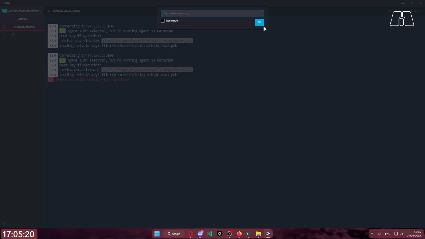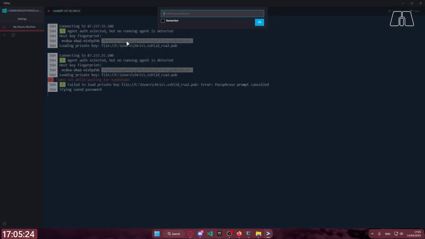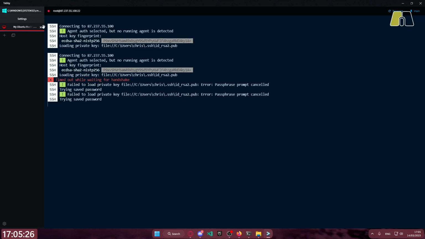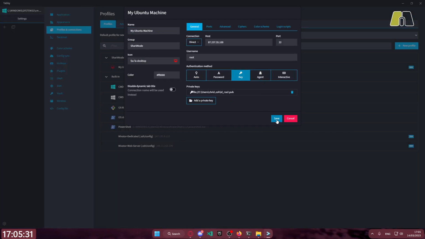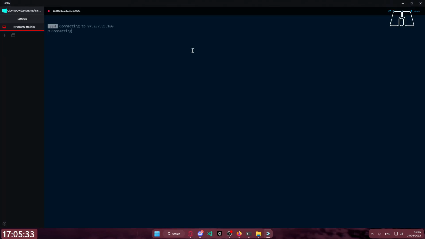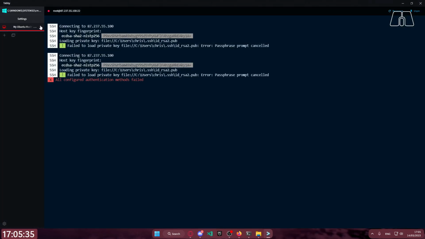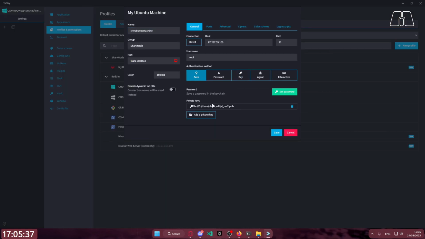Now, as you can see, it asks for the private key passphrase. I declared it to be enter, so it doesn't remember that. We're gonna escape away, and this is a misconfiguration. We're gonna just select key and click save. If we now connect to the machine, because that's a misconfiguration, instead of auto, we click on password, and then